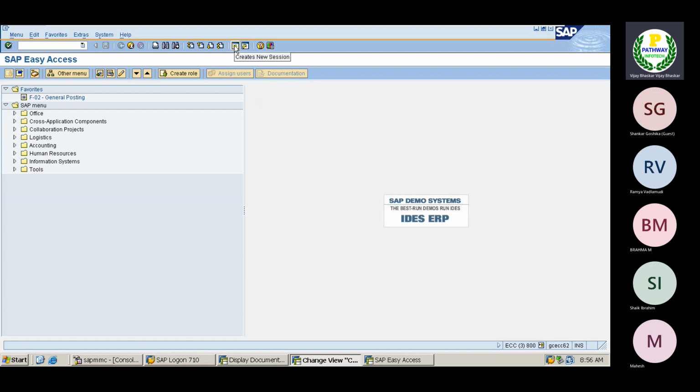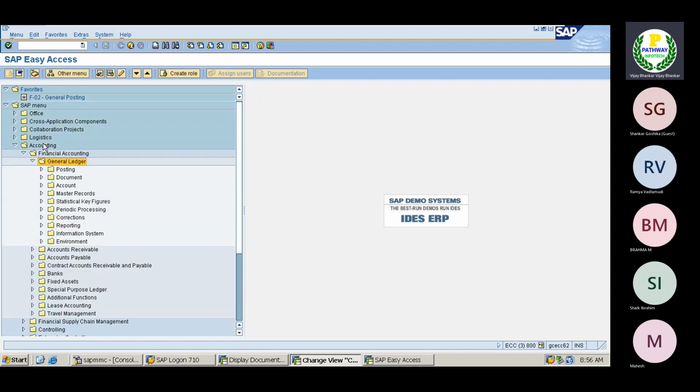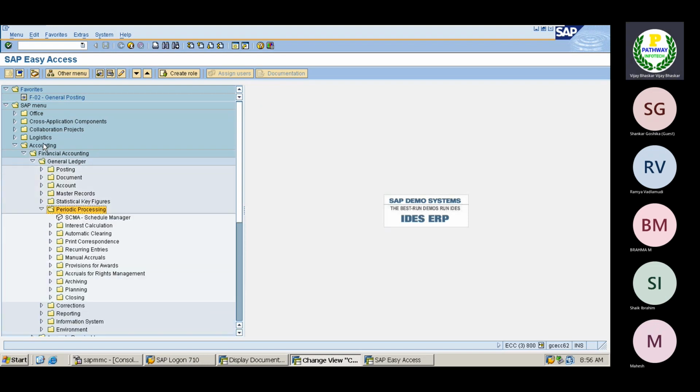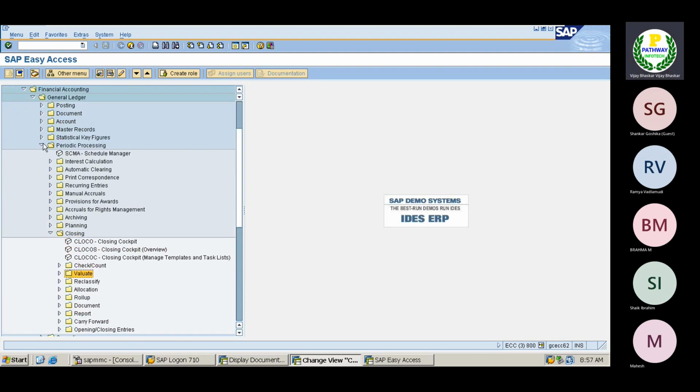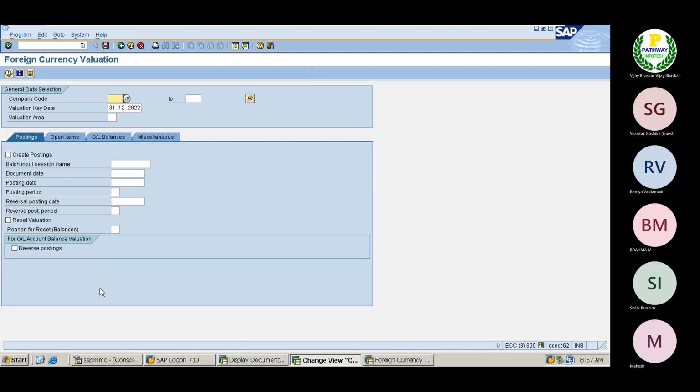If you go to accounting, financial accounting, general ledger, then come to periodic processing, then come to closing, evaluate. Now you can see FAGL_FC_VAL, foreign currency revaluation. Now come here. Give the company code A001. The valuation date, you specify when you are performing the valuation,